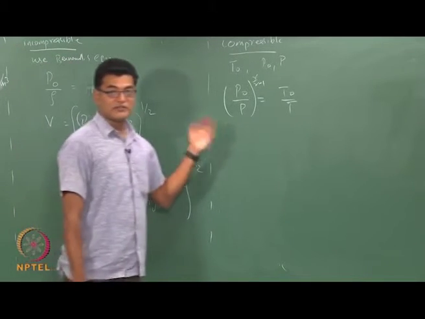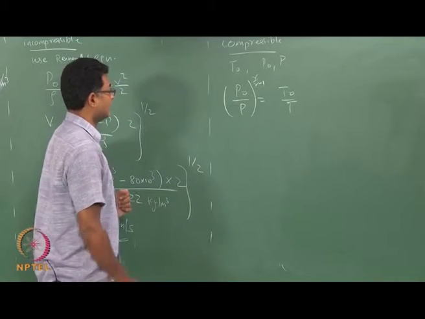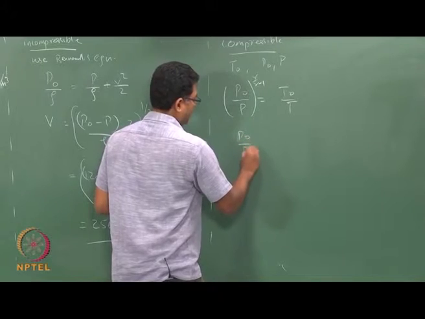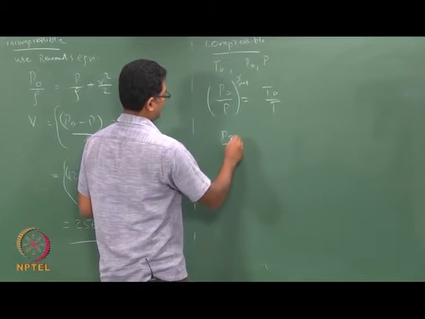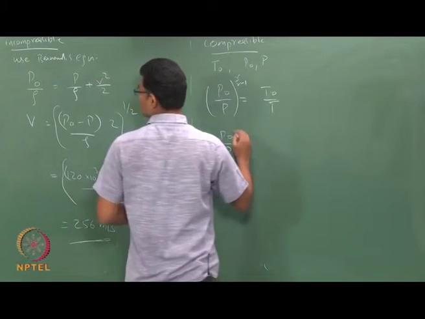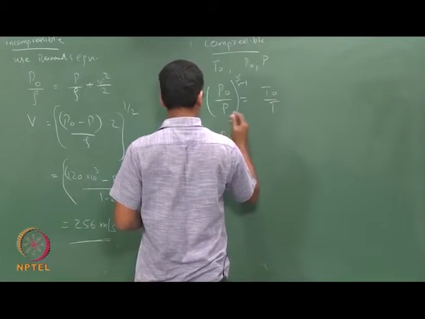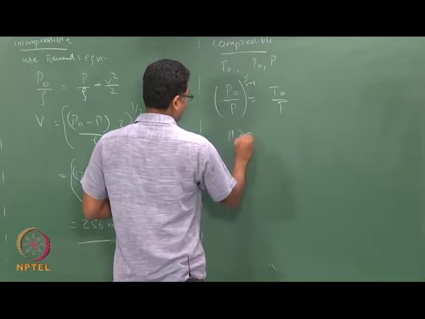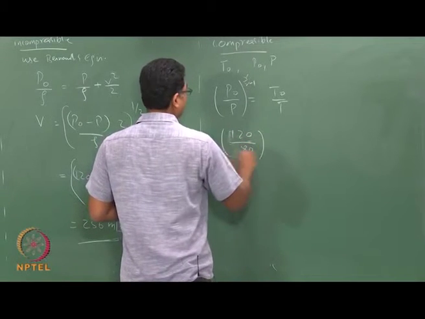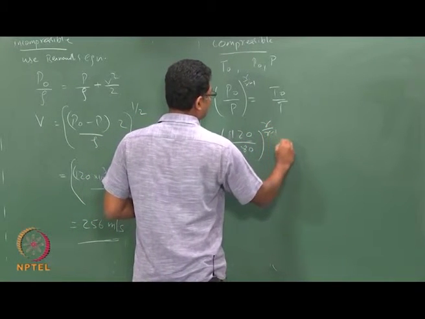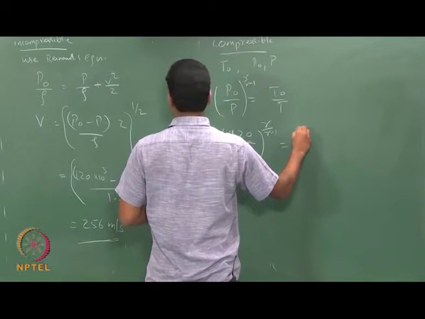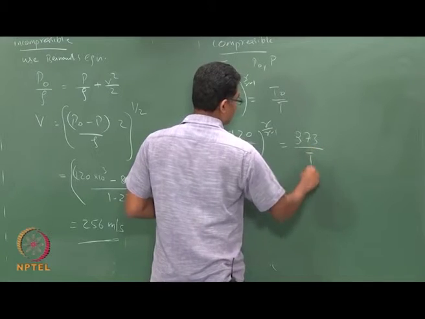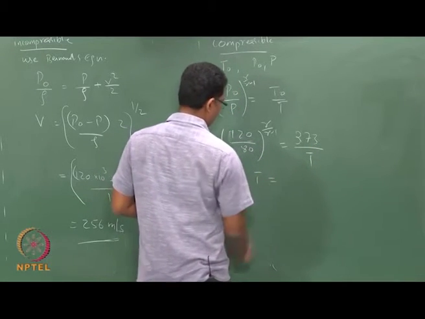So, this is our compressible flow relation. So, P0 by P, P0 is 120 by 80, to the power gamma by gamma minus 1, equals T0 is 373 divided by T. So, T would be